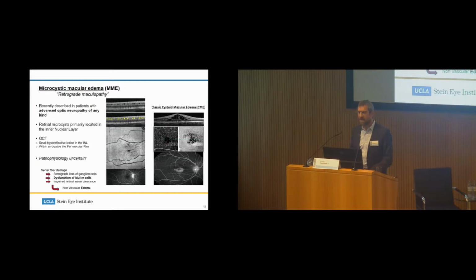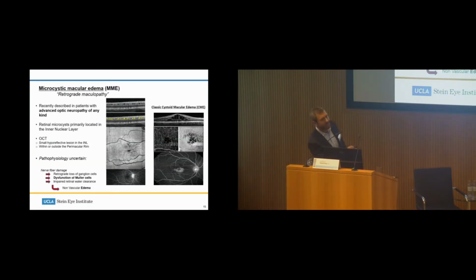Microcystic macular edema is another biomarker at the level of the inner retina. It's also called retrograde maculopathy, and it has been recently described in patients with advanced optic neuropathy. Those microcystic changes are almost exclusively located in the inner nuclear layer, and they are really well seen on the en-face OCT, where you see that they are not involving the fovea, and they are like microcystic dots around the fovea. This corresponds to a non-vascular macular edema, as it is not leaking on the fluorescein angiogram, and